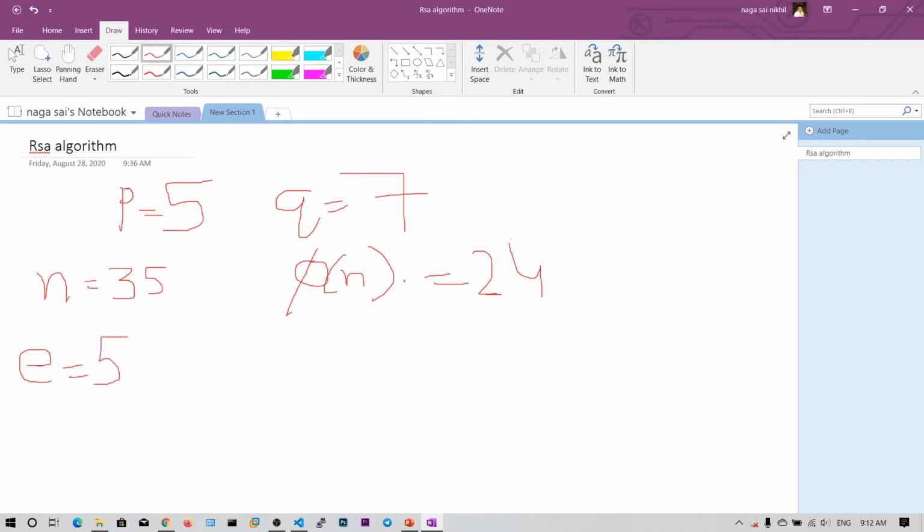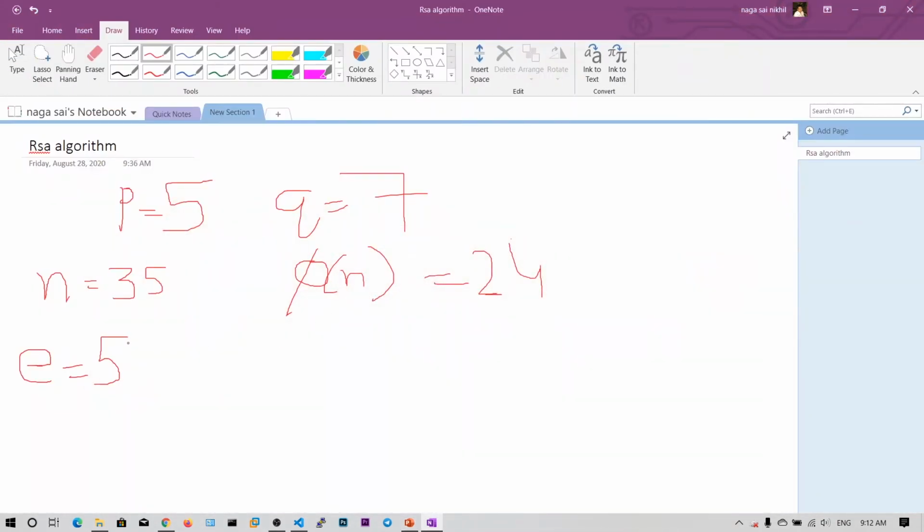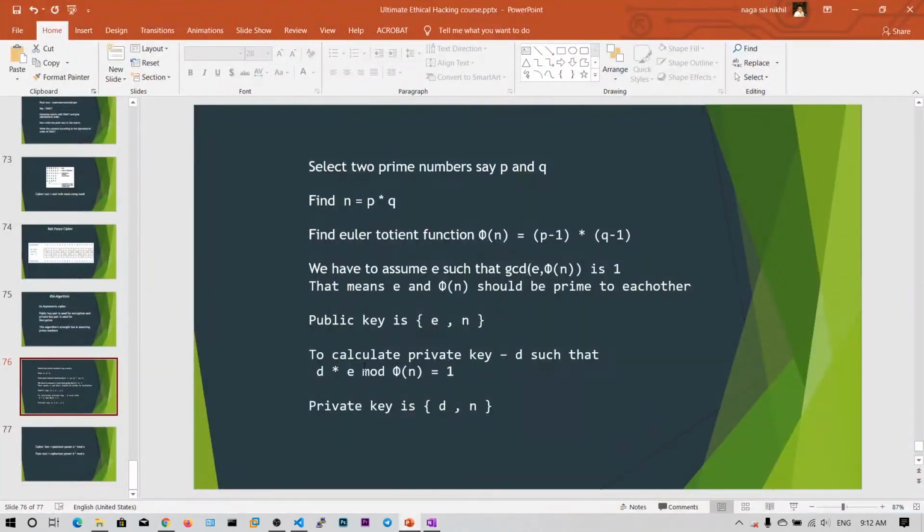Since e and 24 are coprime, the greatest common divisor for these numbers will be 1, because there are no common divisors except one. So we have got our public key pair, which is e comma n, that is 5 comma 35. Now we need to calculate the d value.